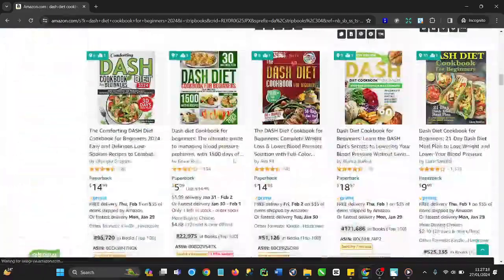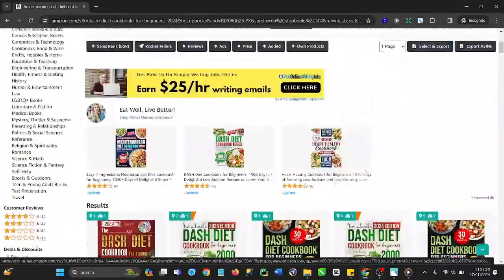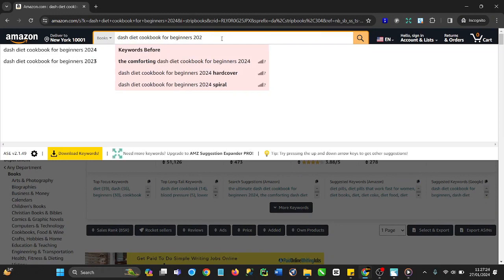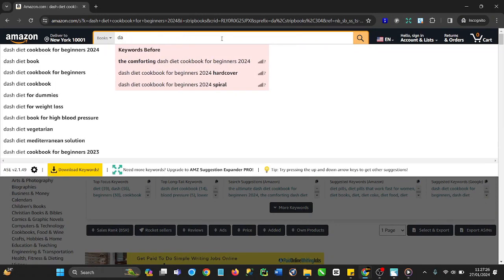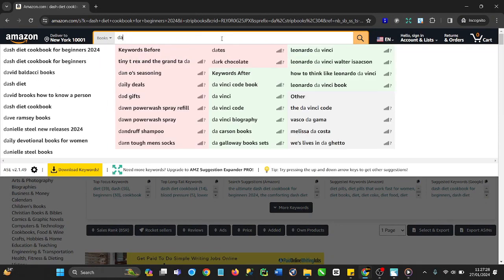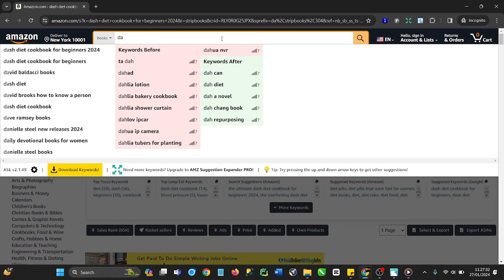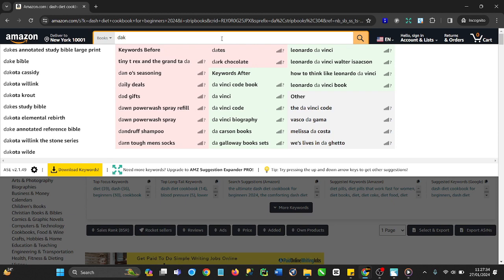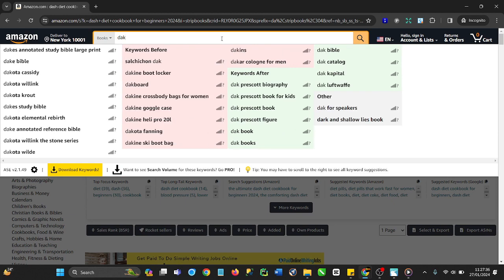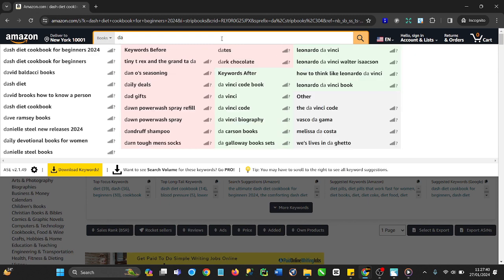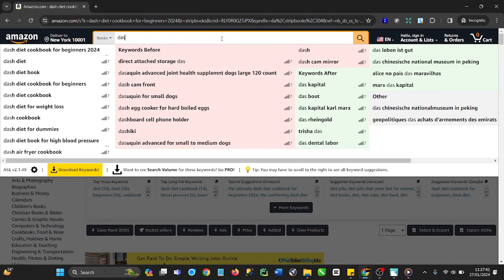So the search bar method is just powerful. You just combine different letters of the alphabet, and as you are combining those letters, you will definitely come across words that catch your attention, that you can start working on. So DS, dash diet,